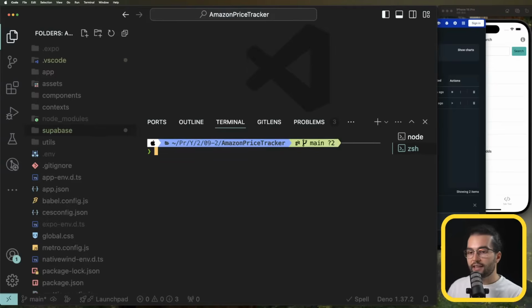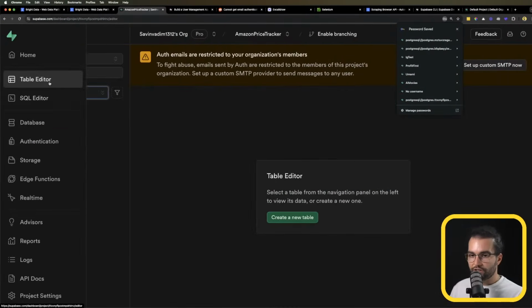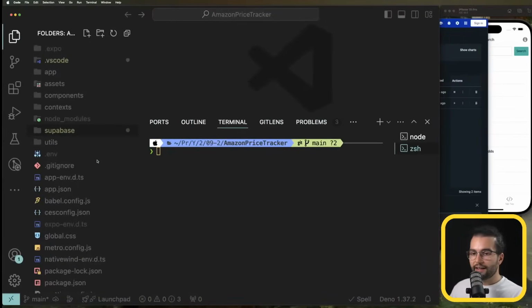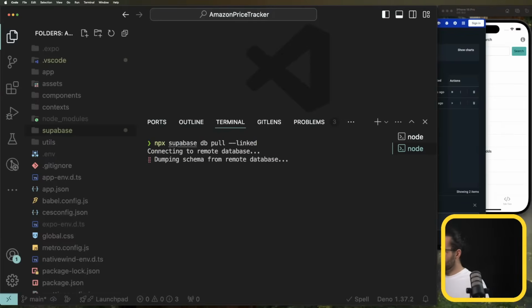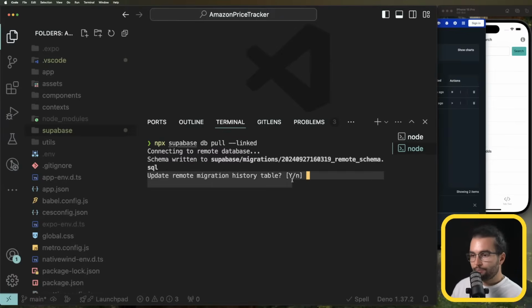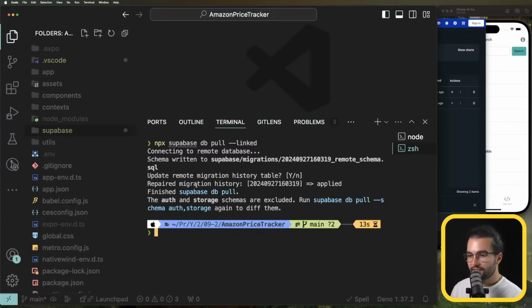The next step is to say, hey, take all the changes for the tables, the configuration about authentication and so on, and bring them locally here. To do that, we're going to run npx supabase db pull, for the database, this will pull changes from the linked project. Update remote, let's do yes. And we see that